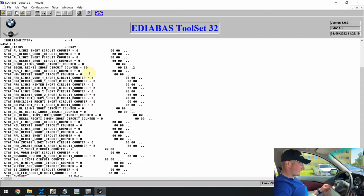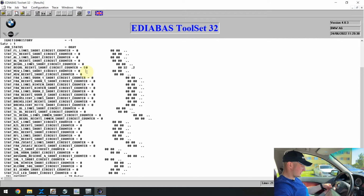Remember, in the beginning of the video I told you that if the counter is equal to 50, the ECU will block the output of electricity to that bulb, and that's why replacing the bulb or changing the wiring or doing whatever will just not help. You need to replace the ECU or reset the counter. Of course, we'll reset the counter in order to save the client some money and not replace the ECU. Remember that parameter,